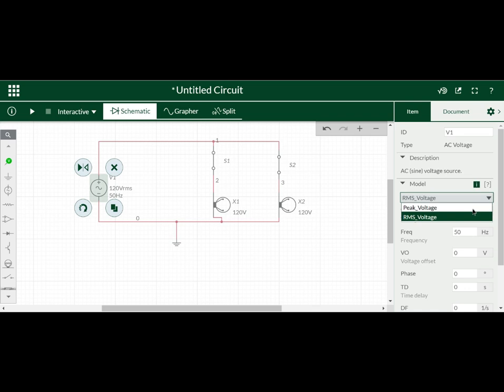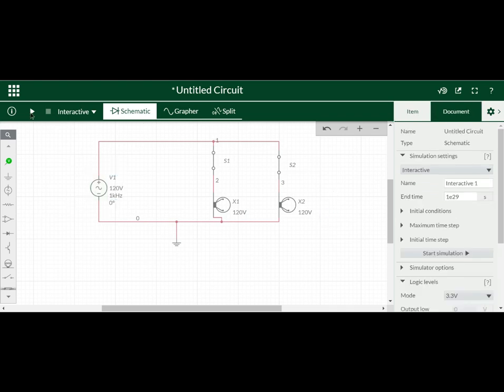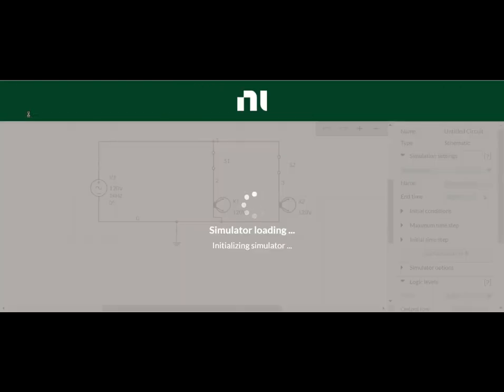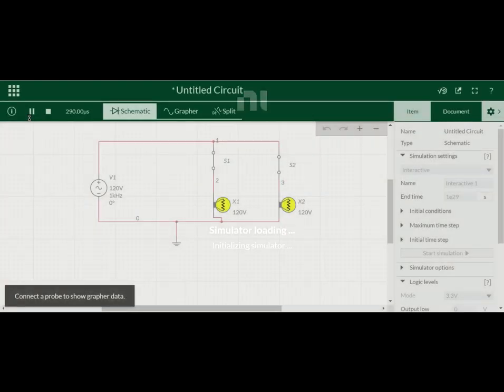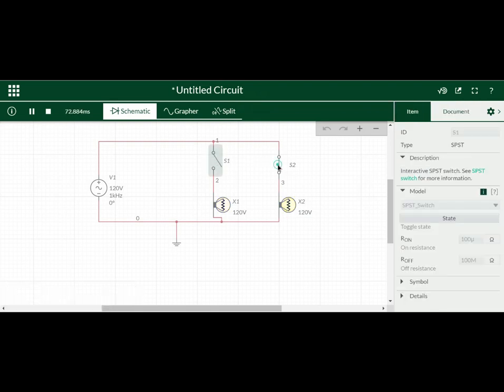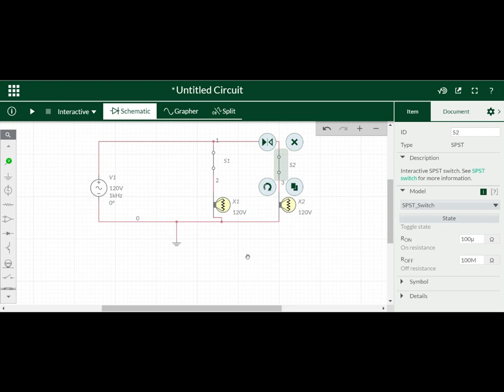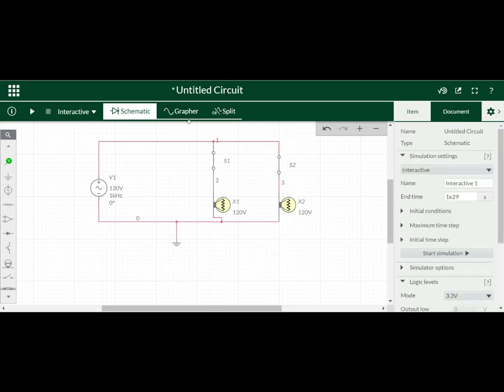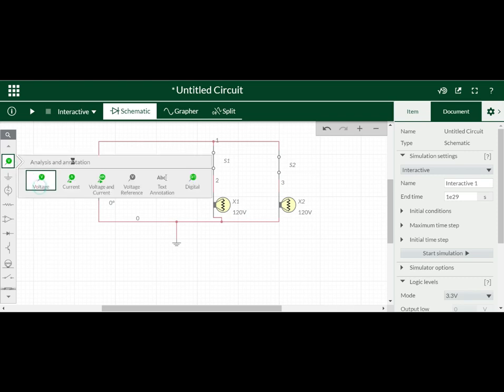So that's what we have to choose always, the peak voltage on the input side. That is considered as the rated voltage for the bulb in the simulation. Okay, now I am considering peak voltage, and I am doing the simulation as usual. Input voltage I am giving, and the frequency is 50 Hz. So now see, the bulbs are glowing. When I open, the particular bulb is not glowing, correct? When I close it, the bulbs are glowing.